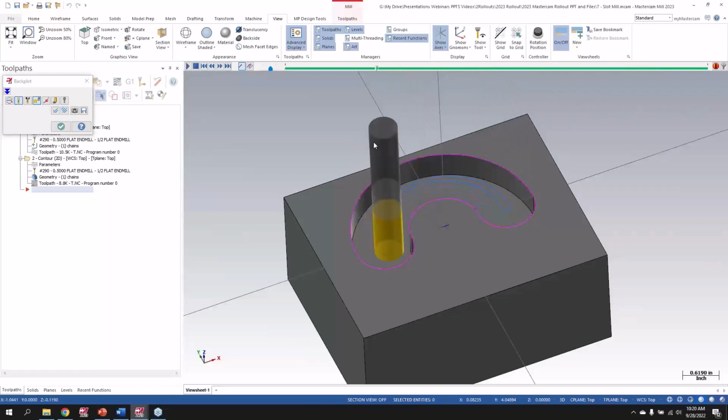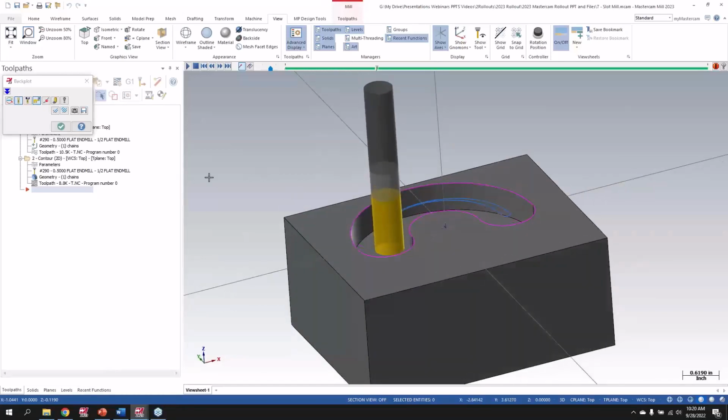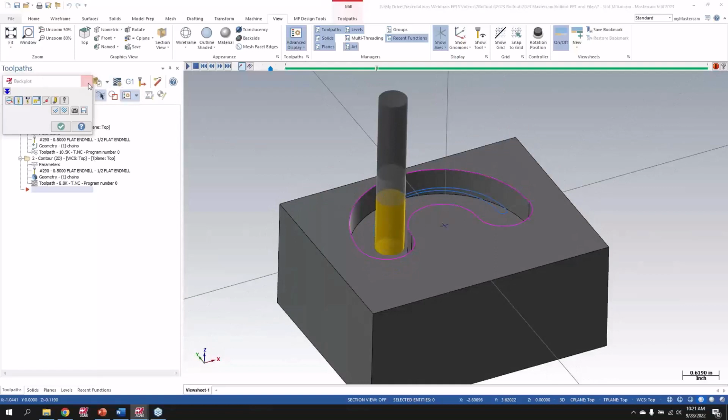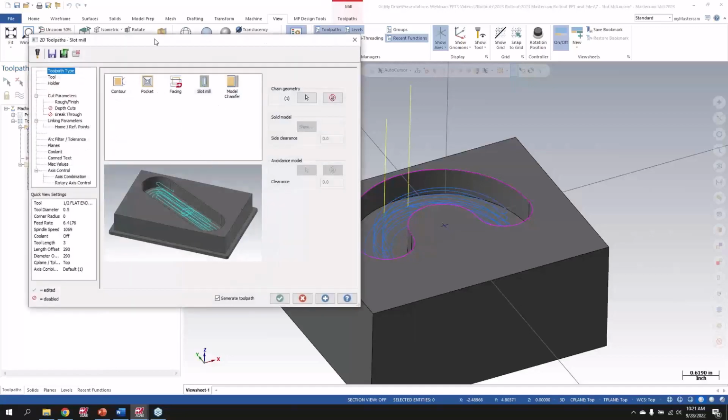So it's just nice now, I drew the wireframe here, I didn't necessarily need to, but I can use that closed loop chain to run a slot mill toolpath, and I don't have to worry about opening up the geometry at the ends or anything like that. It'll keep the toolpath nicely contained if it's an interior type slot like this example part I have here. And one tip I want to hit on in this file: